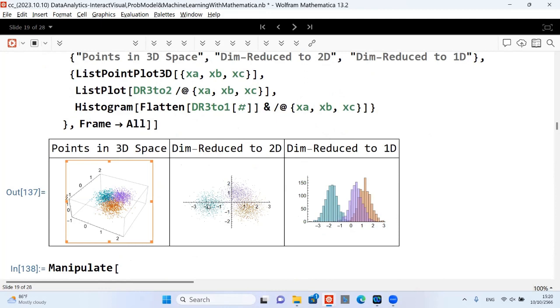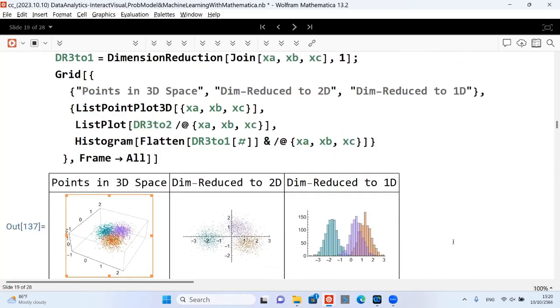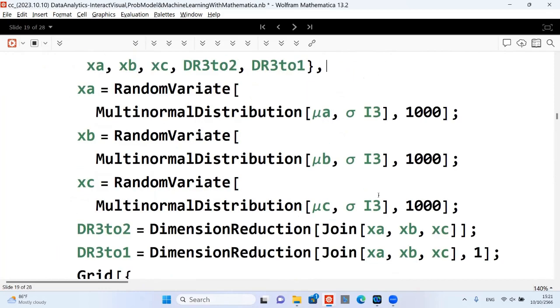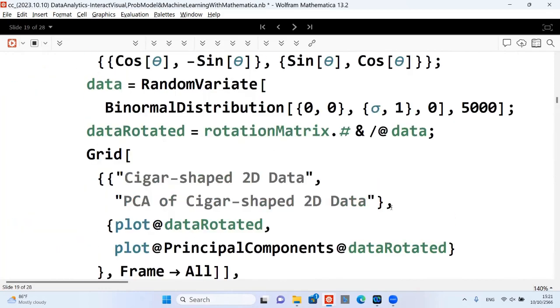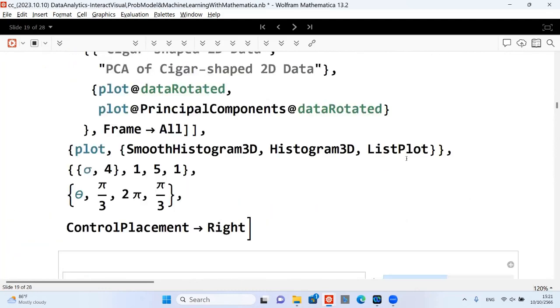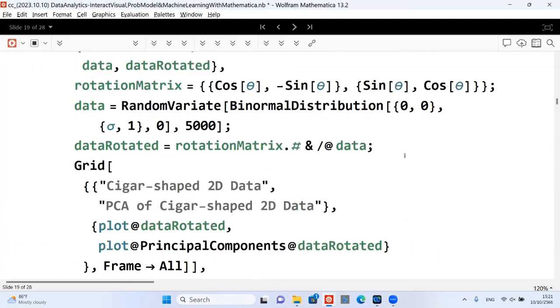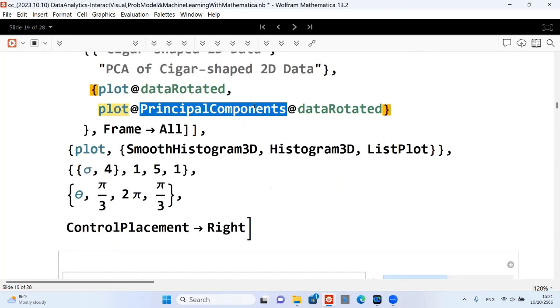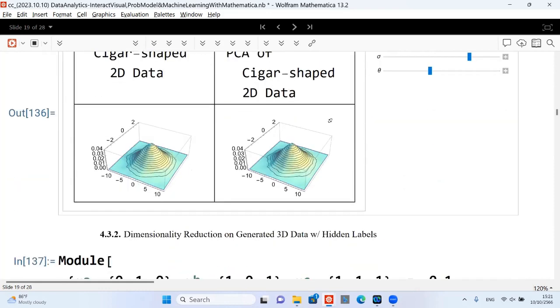But if I reduce to one dimension, there's going to be a bit of a separation. It's this guy. Okay, so how did I do this? I use principal component. Okay, so basically principal component allows me to